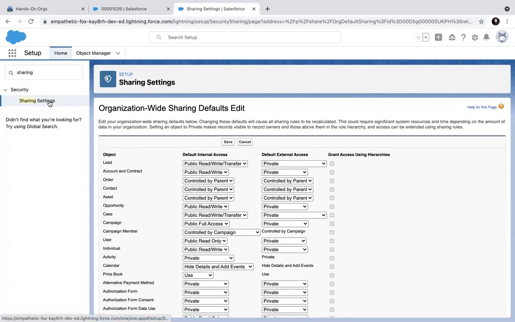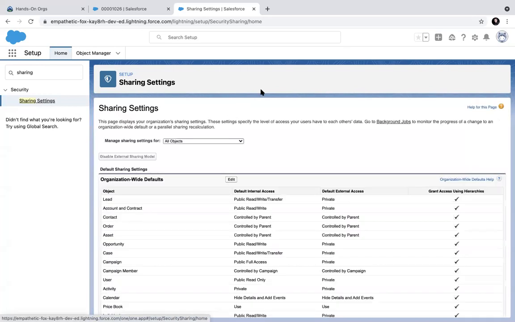So sharing settings, we saw sharing settings has OWD. OWD makes sure what the non-owner is going to do. What would be the permission for the non-owners? So when you want to hide any data, the only way to do that would be going to OWD. There is no other way to hide data. So when the requirement is that one user should not see another user's data, the only way of doing it is OWD set to private.